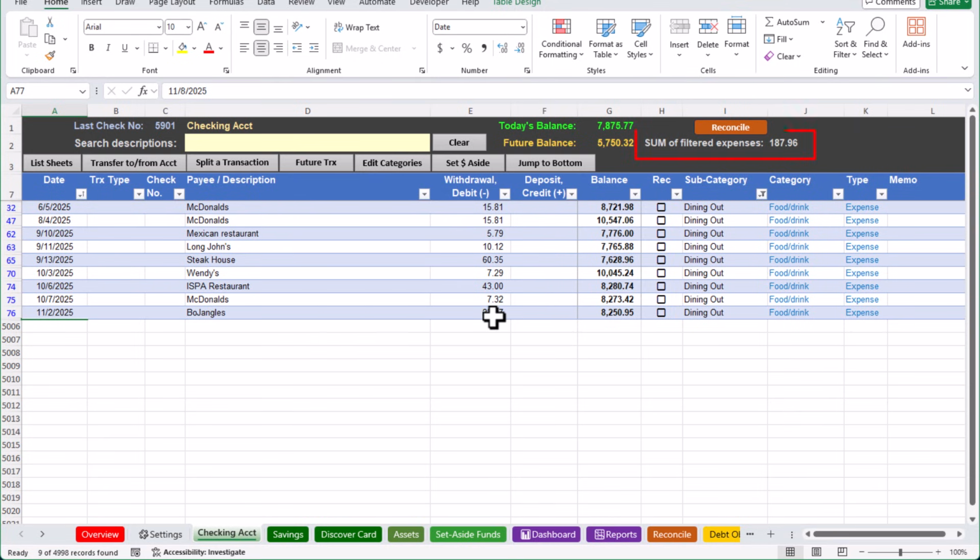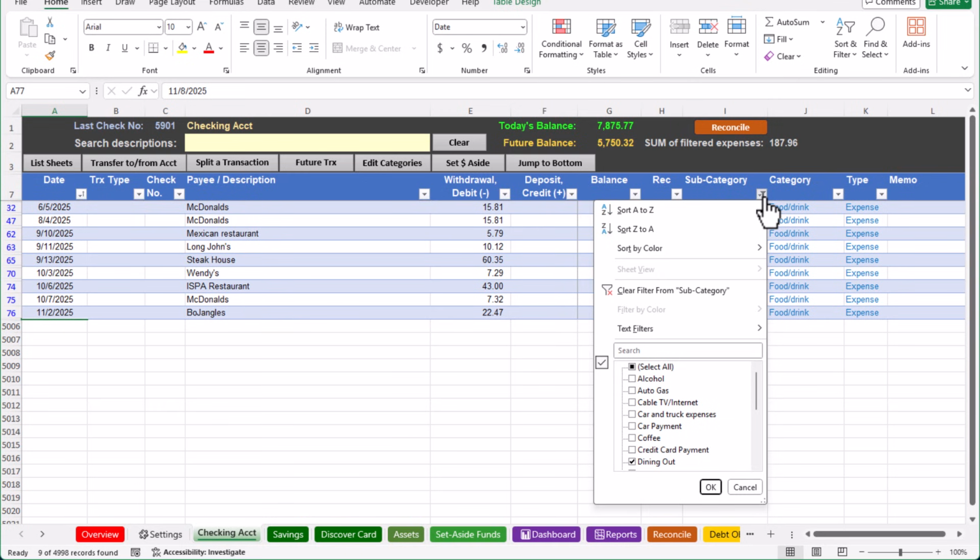You'll also notice that at the top it's showing a sum of the filtered expenses. We have made use of Excel's filtering feature to filter out only the rows matching the criteria that I have. And anytime that filtering has been activated in a particular worksheet, you'll see a little icon that represents a filter. You also notice that rows are in the color blue. You'll see that row numbers are skipping. And so it is important to know how to clear out that filter so you're back to seeing all the transactions. One option would be to go back to that particular drop-down menu and then click on the choice for